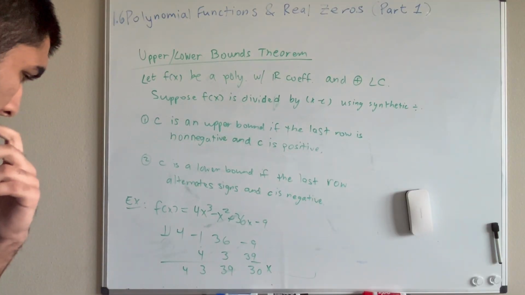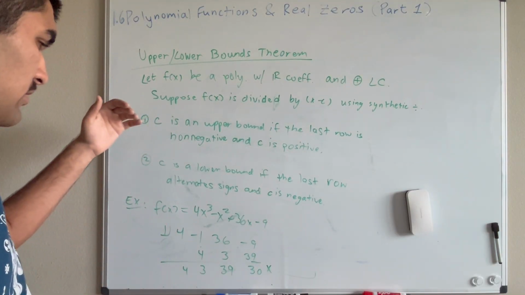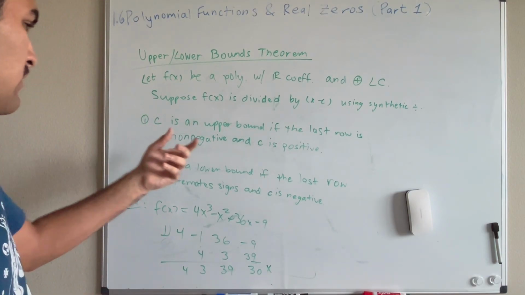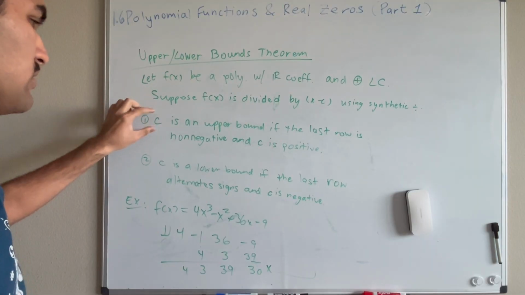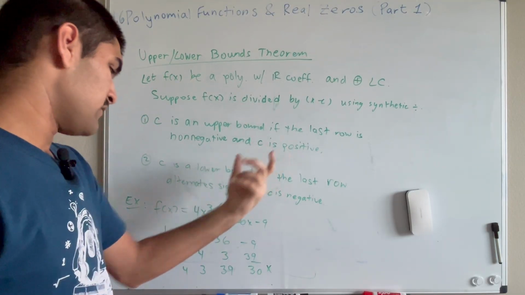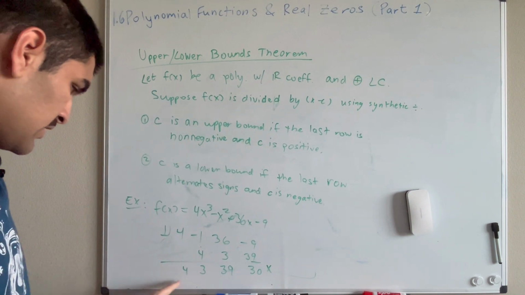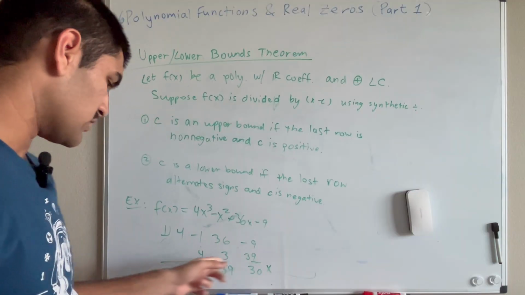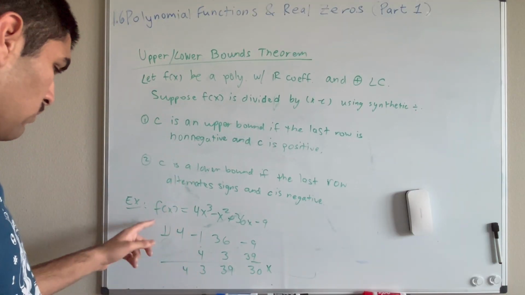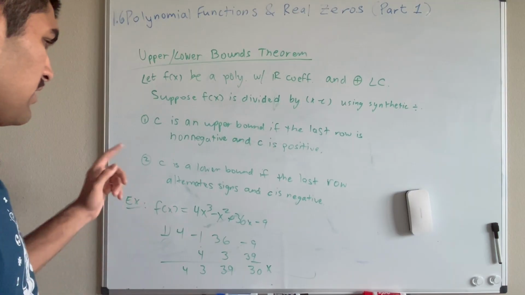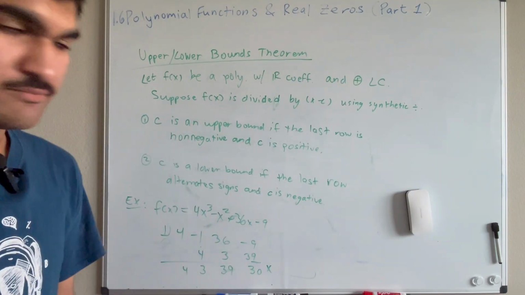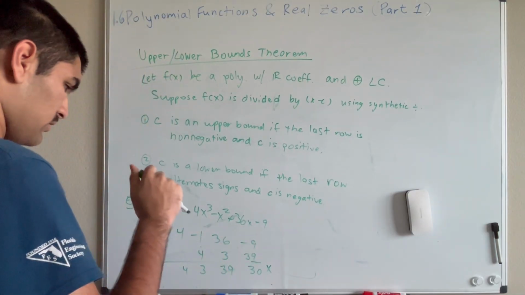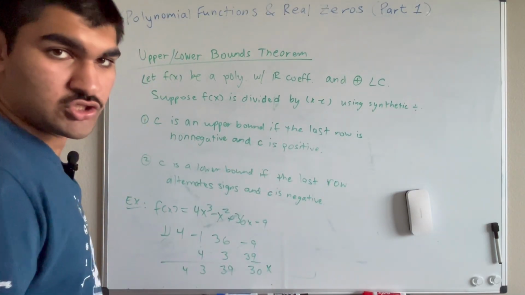However, 1 is an upper bound, meaning that the 0 has to be less than 1 because 1 is positive, right? So 1 is, in this case, our c value. So c is positive, right? 1 is positive. And the last row refers to this row right here. It's essentially your new polynomial plus your remainder term. So if that whole row is positive, which it is, and 1 is positive, which it also is, then that means that c is an upper bound. So 1 is an upper bound. Okay. So that means that all of our zeros that we're going to test after this should be less than